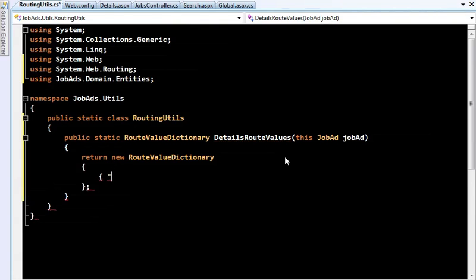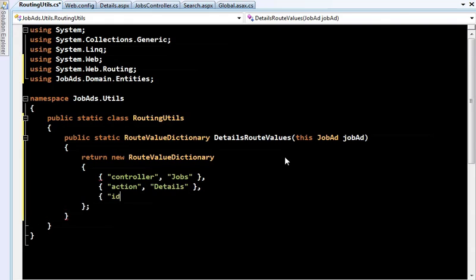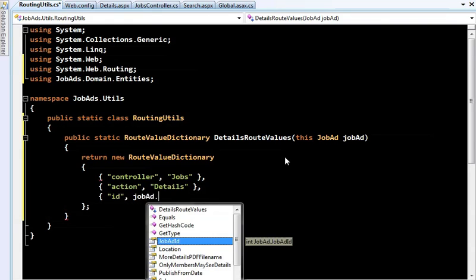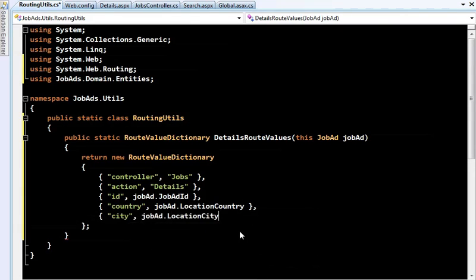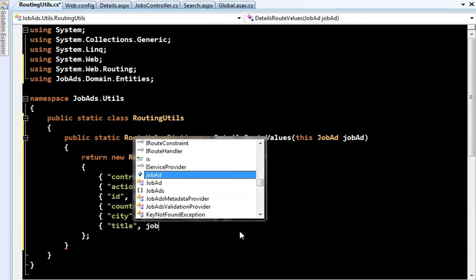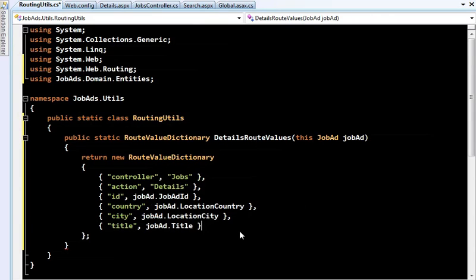So we know that to view a job ad's details, you need to go to a controller called Jobs, and to an action called Details, and you need to specify the ID, which is the job ad ID. Now the other keywords that we think of as relevant and want to include as well might be country and city, and of course the job ad title itself.